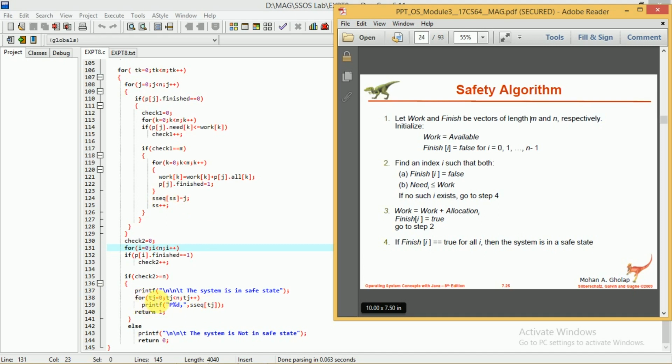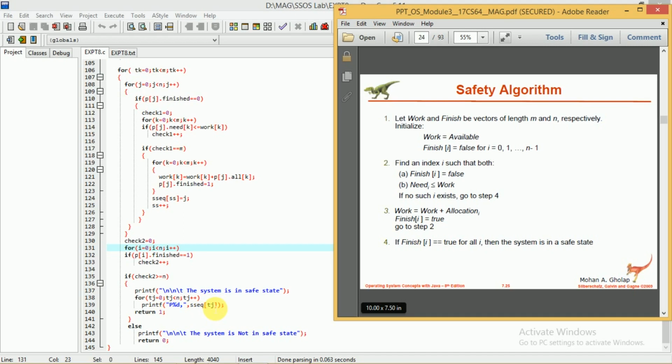So for tj equal to 0, tj is less than n, tj plus plus. We have taken so many different variables for the for loops just to avoid confusion. So for tj equal to 0, tj less than n, tj plus plus, printf p percentage d s sequence of tj, because in s sequence we have just stored the numbers.